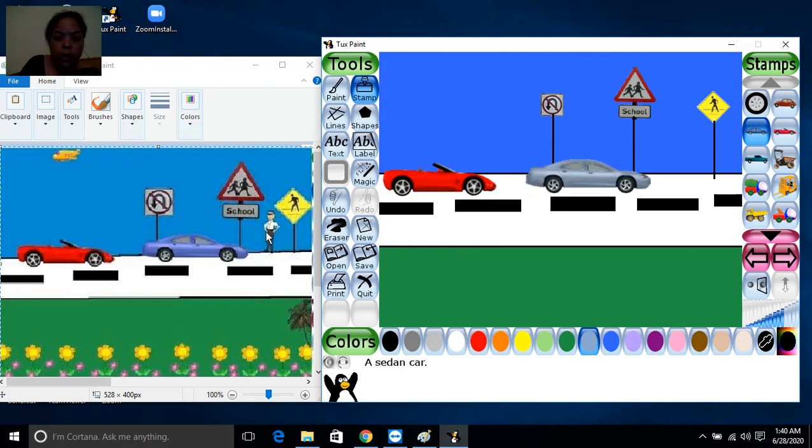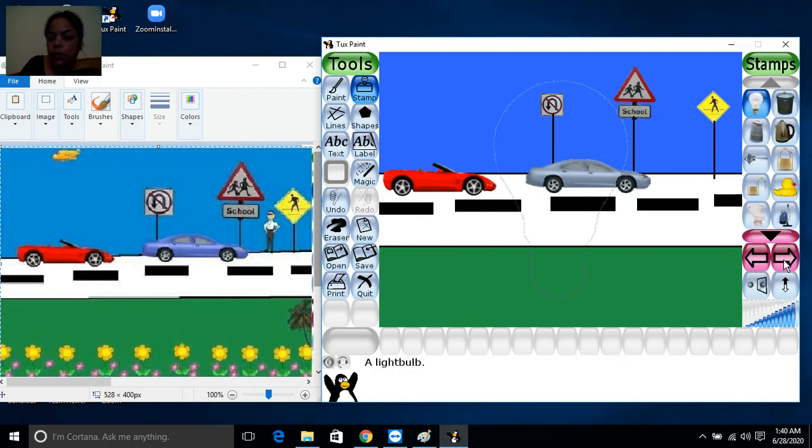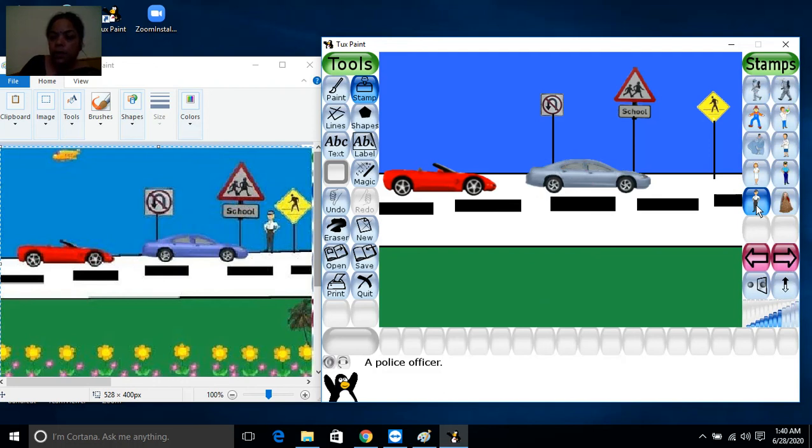Now I want this lady here, so I will click on it and then I will choose this lady. Traffic police. This lady is traffic police, so I will place it here. Now I am having one helicopter here, so I have to search the helicopter,